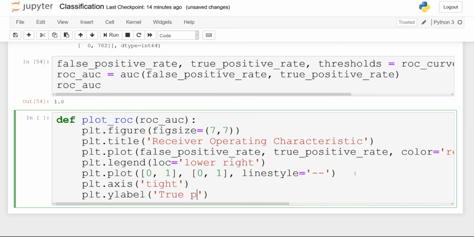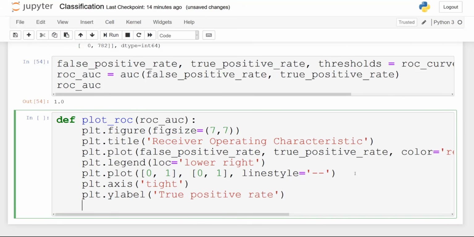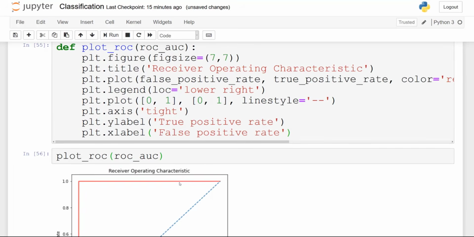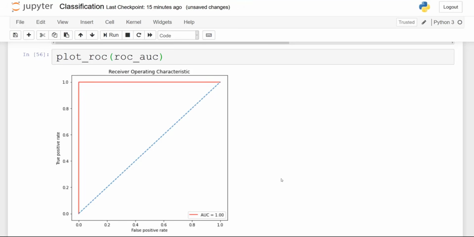Give some labels, so the y label is the true positive rate and the x label will be the false positive rate. And that's it for our function. So let's plot the ROC curve that we obtained above with logistic regression, and you should get the following. So this is actually a perfect ROC curve. It's hugging the upper left corner, and we have an AUC of 1. So that means perfect classification.